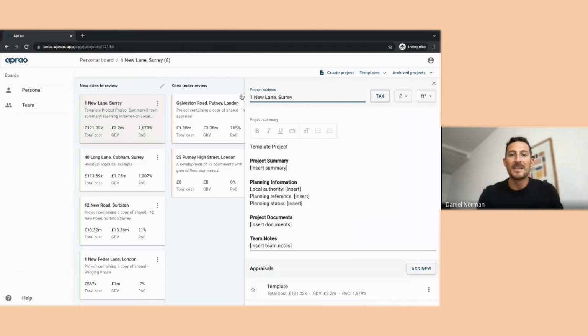Go for Surrey. We'll put that in here. I've got my predetermined headings. So in your templates, you can format this as you wish. You can have your document storage links, you can have anything that you want, but basically get it ready